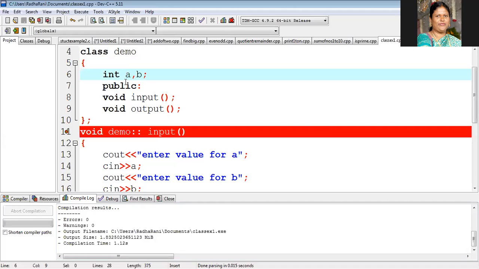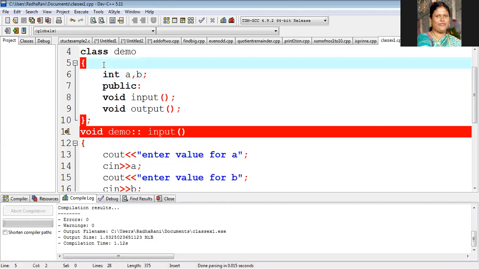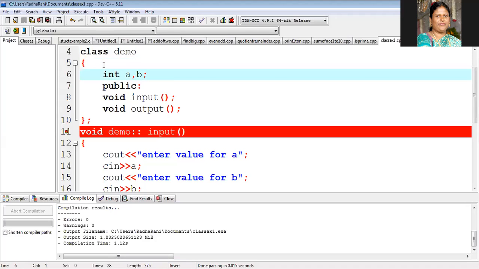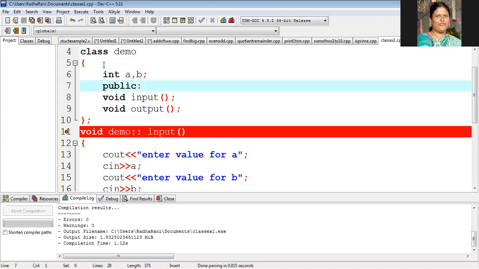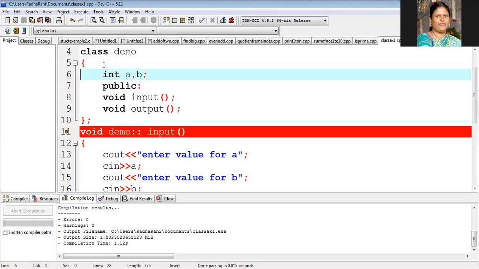If I don't specify, I already told you, the system will take it as private access specifier. If you don't specify any access specifier, the system will add one by default, as private. Now a b are private members. Are you getting my point?